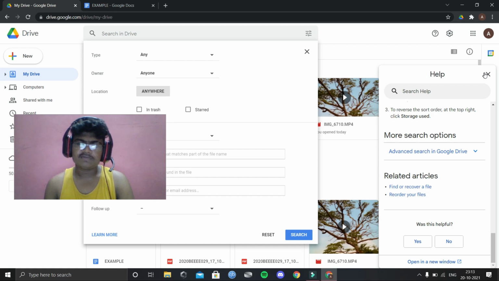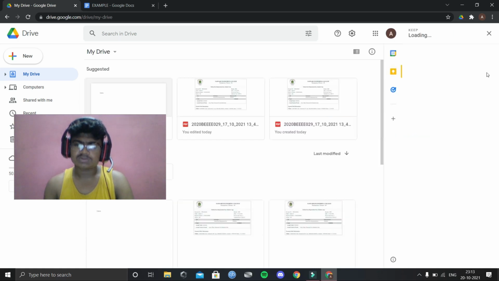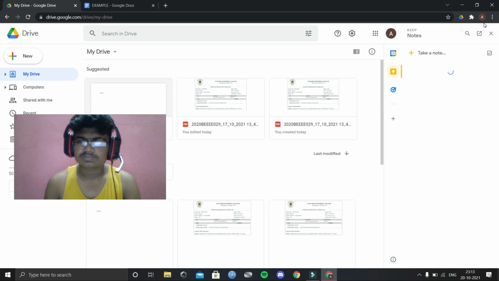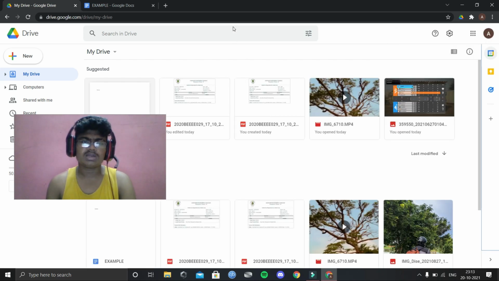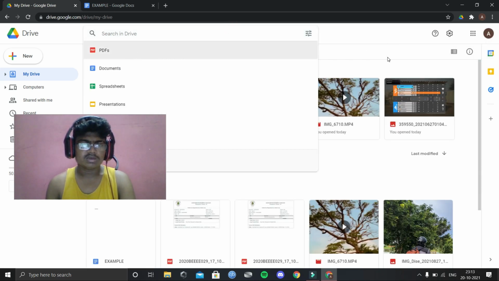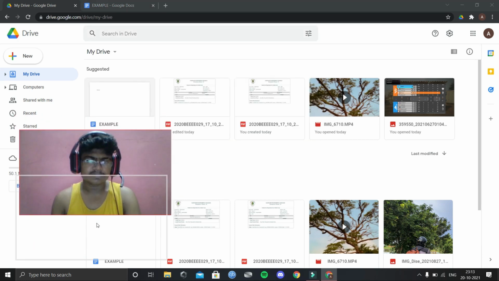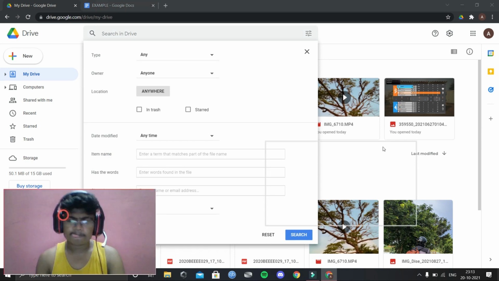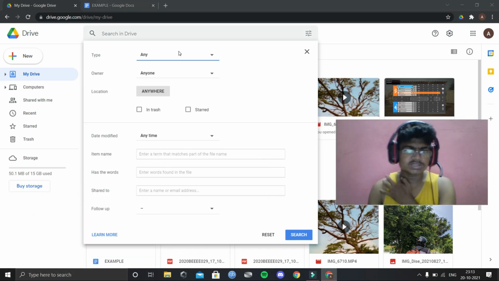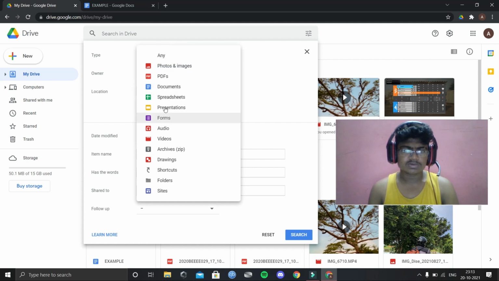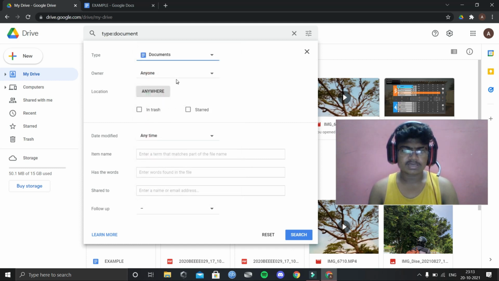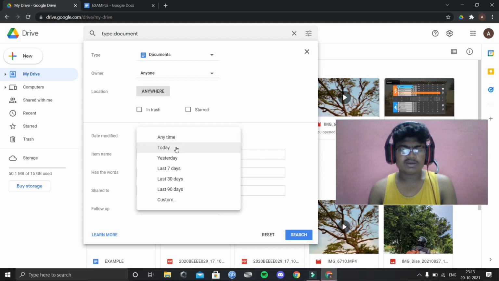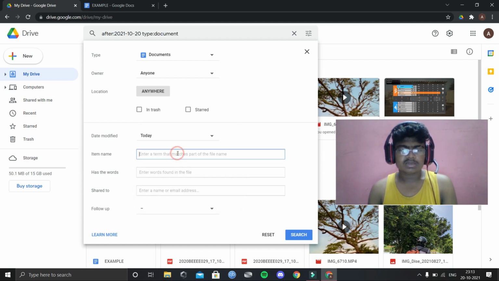Now I want my PDF, so I'll close it. Now I want to search my document. So I'll click advanced search, more search tools. I'll keep the type as doc, it's a document type. Owner, I'll give anywhere. Date modified today. Item name, for example,